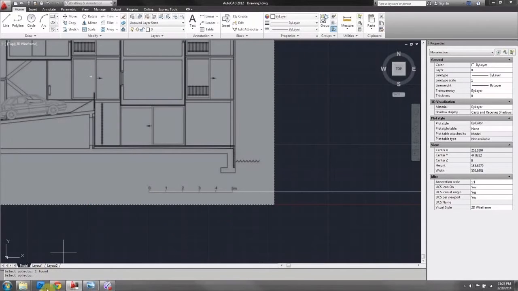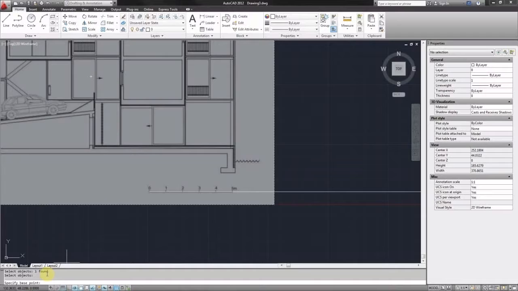And now at the bottom it's asking me to specify a base point. That's basically the point around which I want to scale the object. So I will use the starting point of my line, which is also the starting point of the scale in the image. I will click there once,